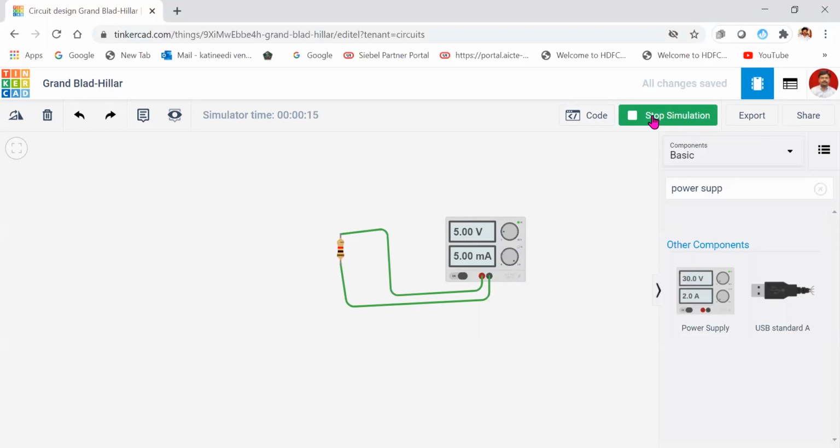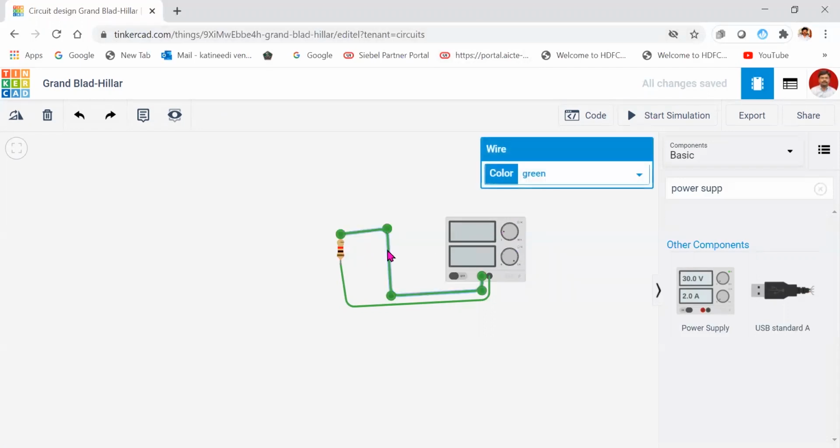Next, stop simulation. Now we are going to change things. Here we can change the voltage value, or we can change the resistance value. First we will change the resistance value. For that we have to connect one more resistance either in series or in parallel, or we can change this component value.